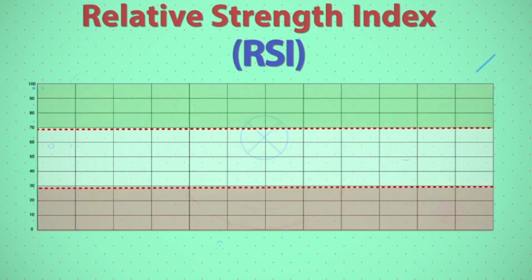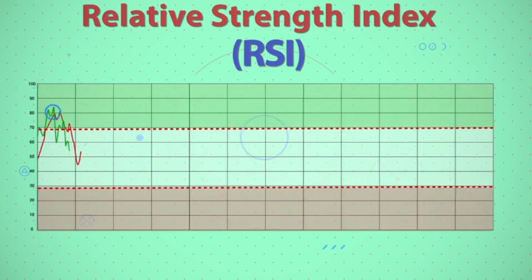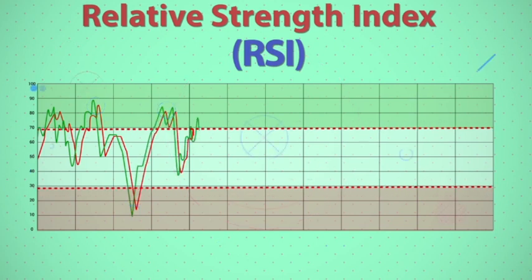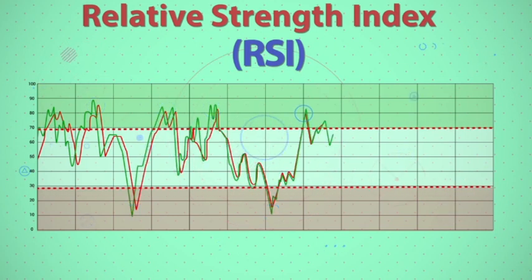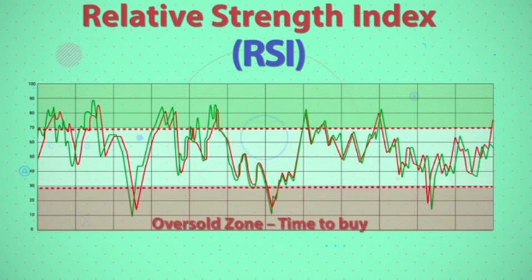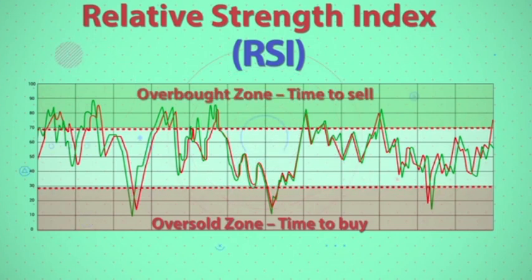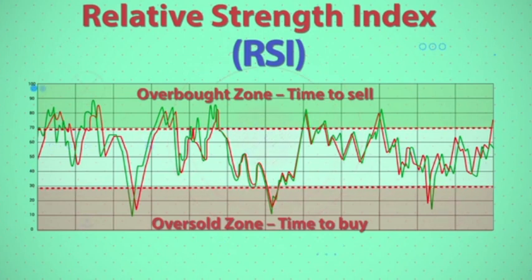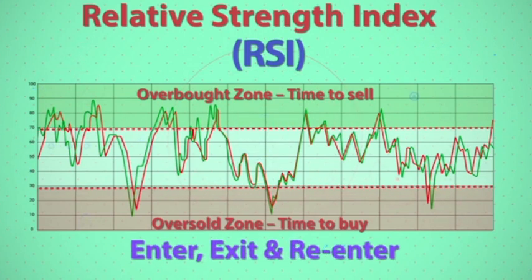The chart here depicts two zones. One is the oversold zone, and as you can see, the market has made a low at the oversold zone. As the RSI moves up and above the 30 mark, you can see the price moving up as well. Once the RSI value touches 70 or above, it is a good idea to look at the market for selling opportunities and exit your current position since the market is said to be overbought at this time. Thus, using this RSI indicator, you can enter, exit and even re-enter a stock.